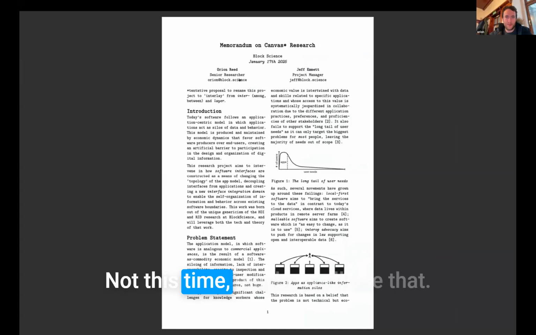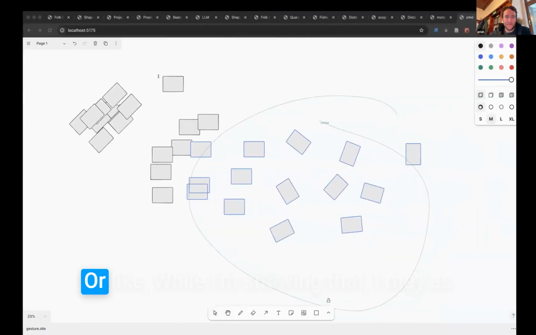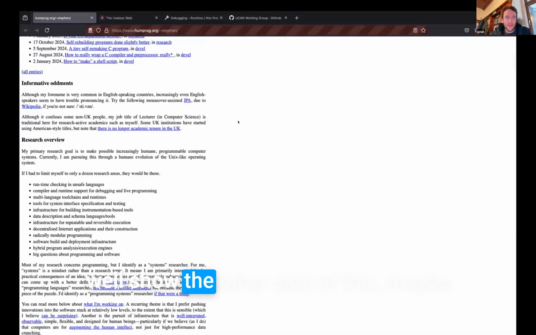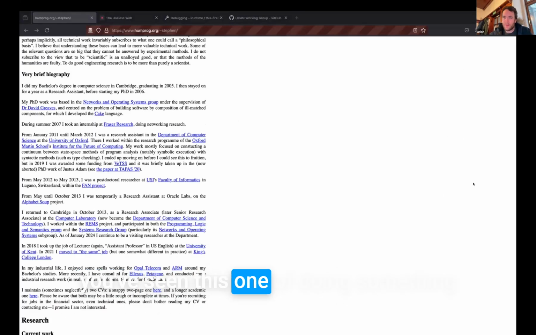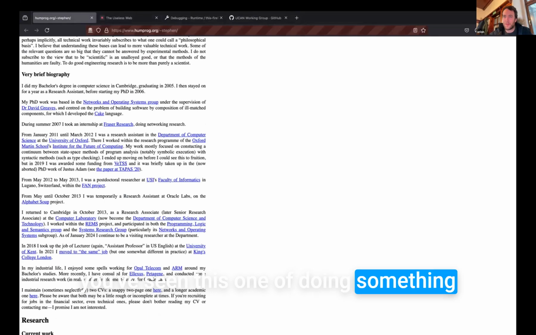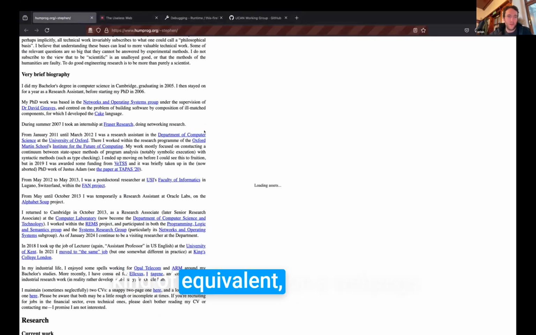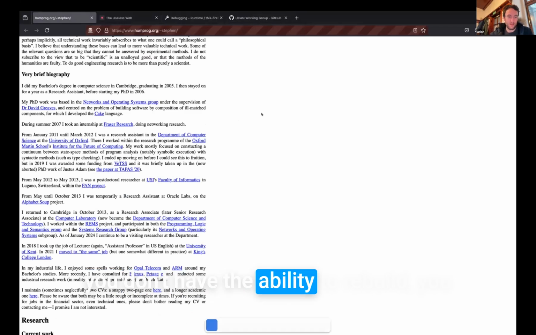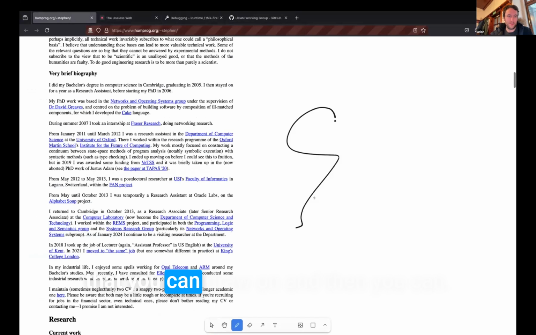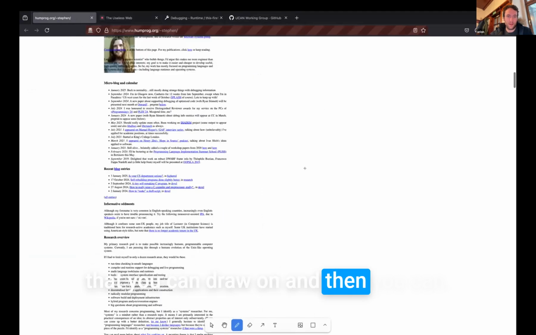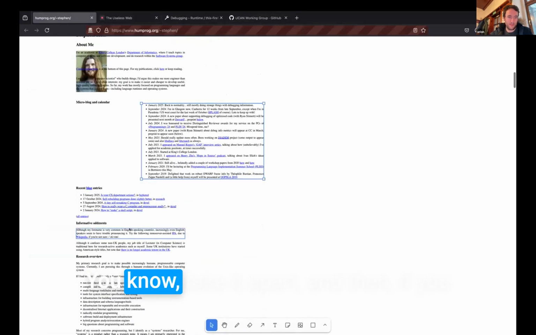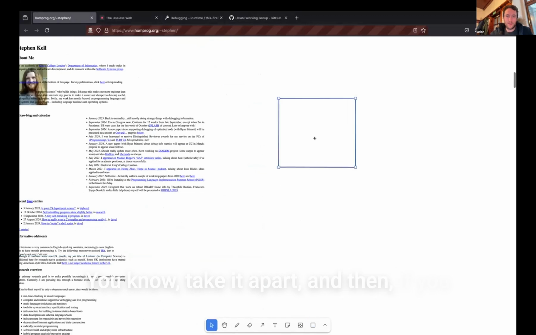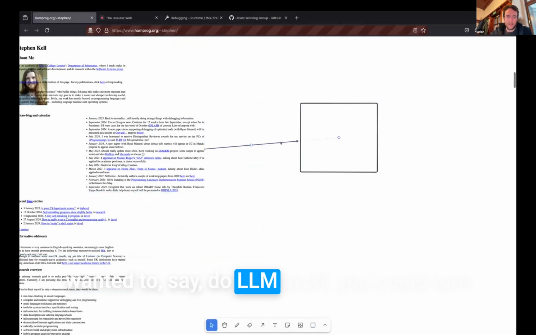Not this tab. While I'm showing that, I may as well show the other side of this. Maybe you've seen this one, doing something equivalent on a web page. If you're on a normal web page that you don't have the ability to rebuild, you can take it and turn it into a canvas that you can draw on, and then take it apart. And then if you wanted to do LLM stuff,